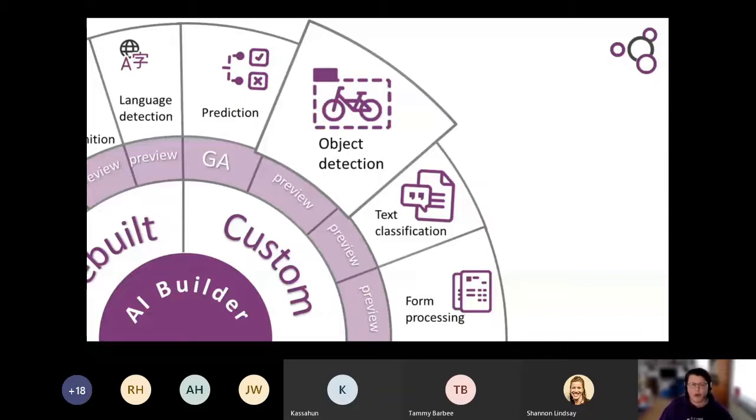So the next thing is the object detection. Most demonstrations that you see are actually with object detection, because it's really visible. So I don't do that, because there's a lot of demos that you can find online. What this model does is it gives you the name and count of objects that you want to detect. For example, you have a model that determines if an animal is a cat or a dog, or you have a model that counts bottles of certain sodas or beers for a brewery.